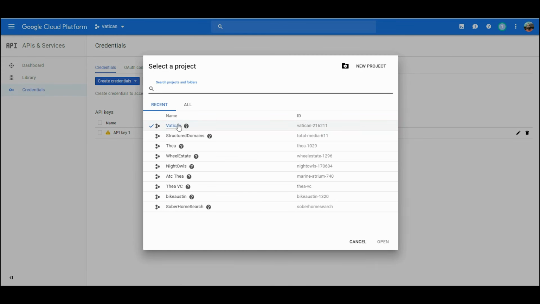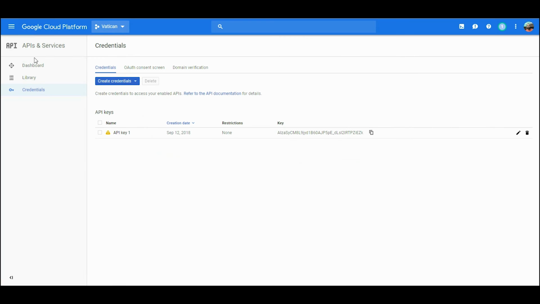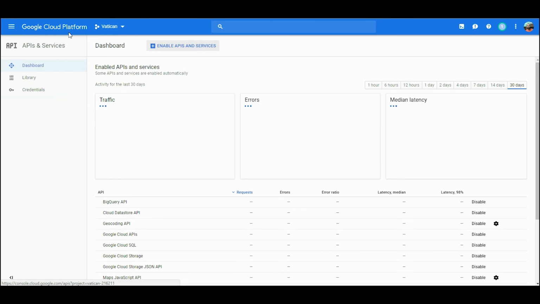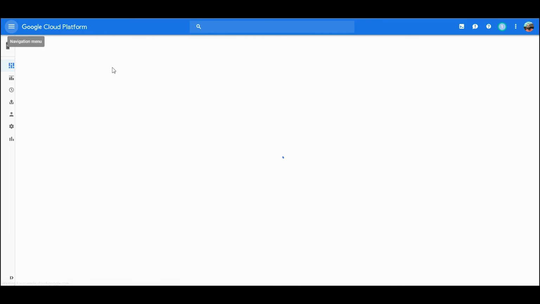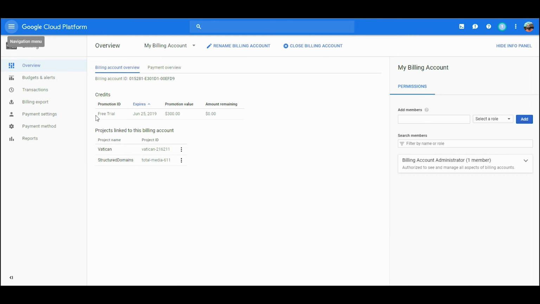Next thing they want you to do is, when you go to your project, go to billing and enable billing, because they changed the way it works. You get $300 promotional billing, and I think every month you get $200 worth of free calls to their APIs. That should be plenty